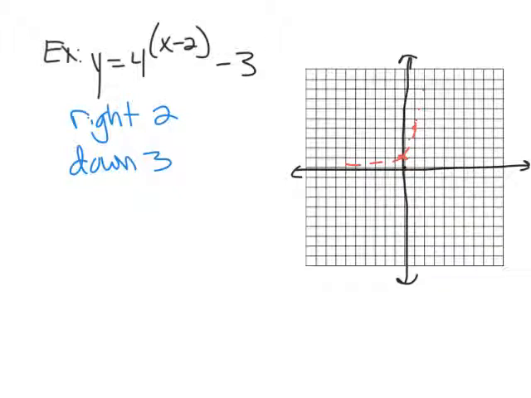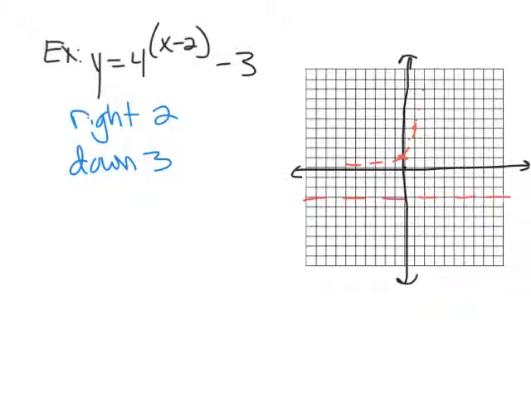Now this guy, he's going to move down 3. Everything shifts down 3. So my horizontal asymptote is at y equals negative 3. Everything shifts. But not only is he shifting down 3, he's going to move to the right too. So down 3, right 2, there's my new point. It's a 1 above